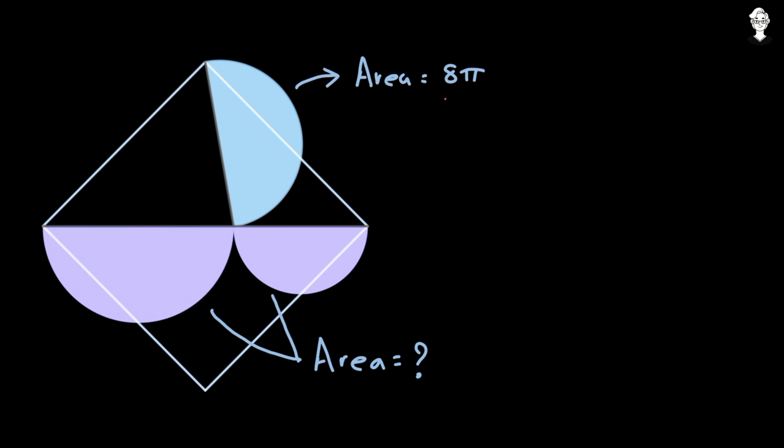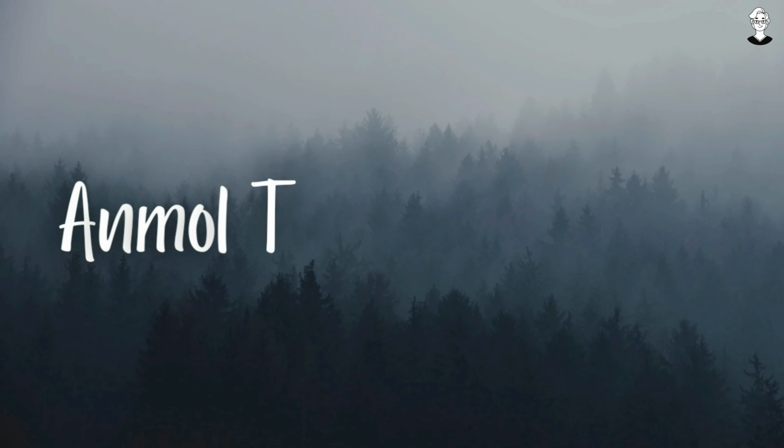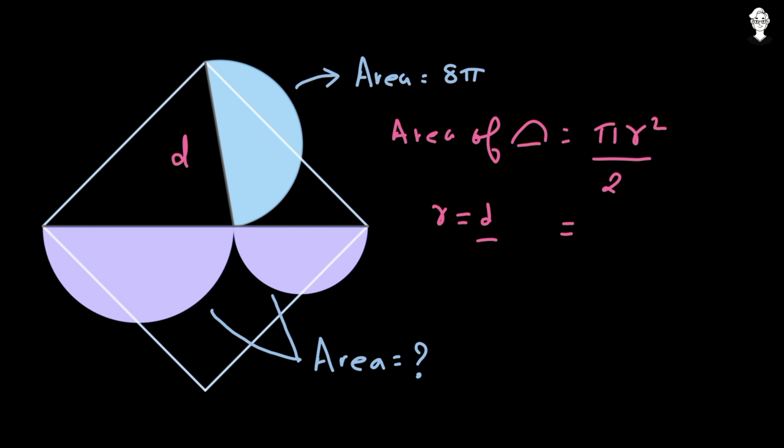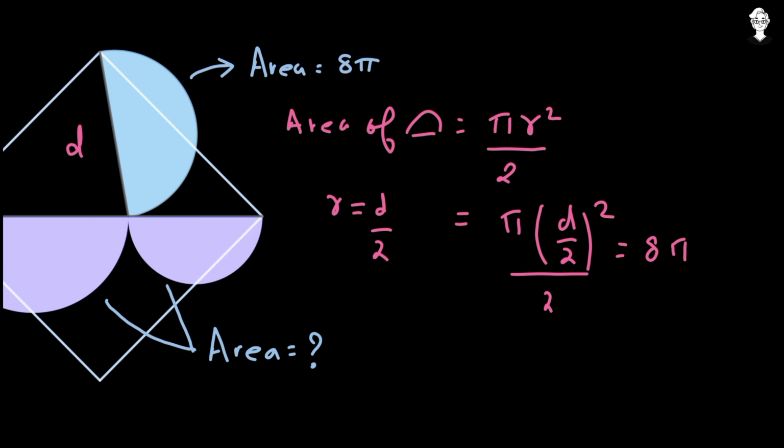How can we find the total area of the semicircle? So first of all, we can see that the area of the blue semicircle is given as 8 times pi. So we will try to find the radius using it. So if we take the diameter of this particular semicircle as equal to d, we have that the area of a semicircle, let me write it over here, is equal to pi times the radius square upon 2. So here we have taken the diameter as d, so we know that the radius is equal to diameter upon 2. So we will have pi times (d upon 2) the complete square upon 2, and this is equal to 8 times pi, that is the area of the semicircle.